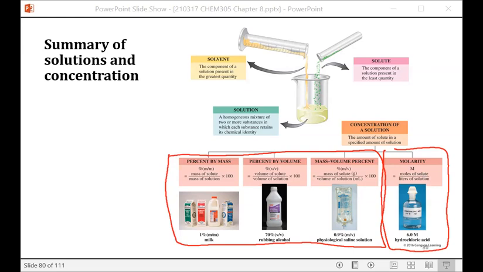So the rest of chapter 8, we're going to talk about different types of solutions and dispersions and suspensions. And then we're going to talk about colligative properties, and we'll wrap it up with talking about osmosis, osmotic pressure, and hypertonic, hypotonic, and